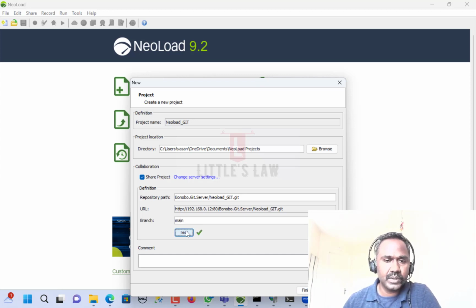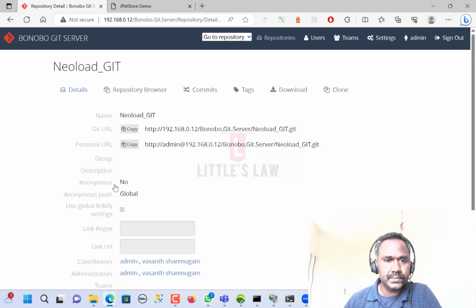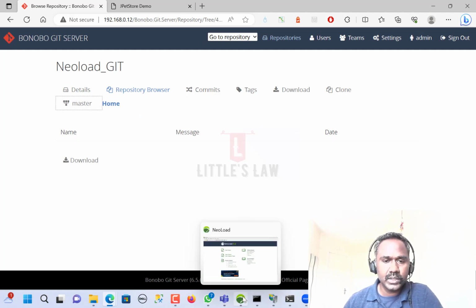So let's check with main. So I have my branch main. So let's check it here. So I have my neoload git. Coming back to the details, so the repository browser. For now, I just have only my master branch. So let's go to the